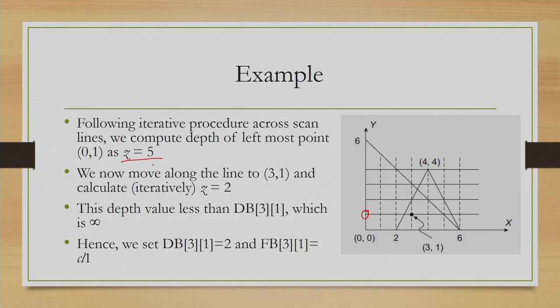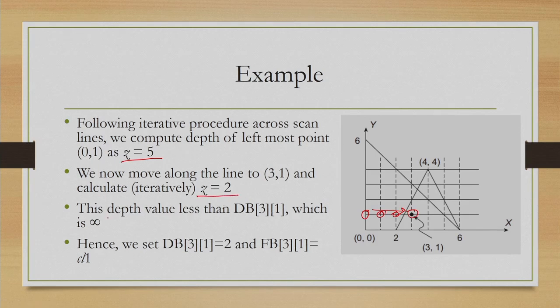We skipped those steps, you can do the calculations on your own and find out. Then we move along this scan line in this direction. So, we go to the next point here, then here, and so on up to this point (3, 1), and calculate that at this point z is